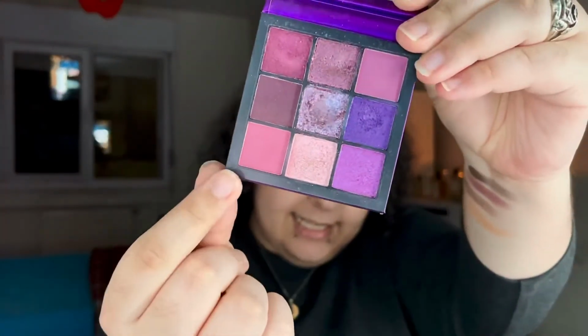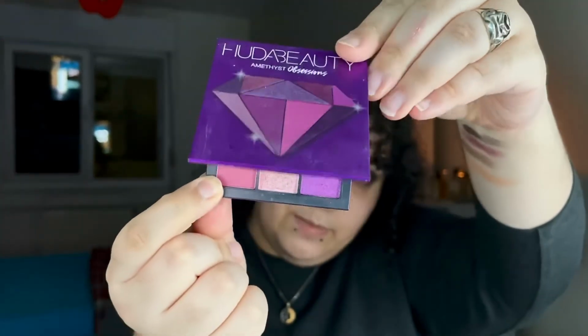88. Another pretty number. Ooh. Really? Funny story. I'm pulling this shade for the second time. I had a trial run on this project last fall, and I also had this shade. It's the 7th shade from Huda Beauty Amethyst Obsessions palette. It's at least not a brown,